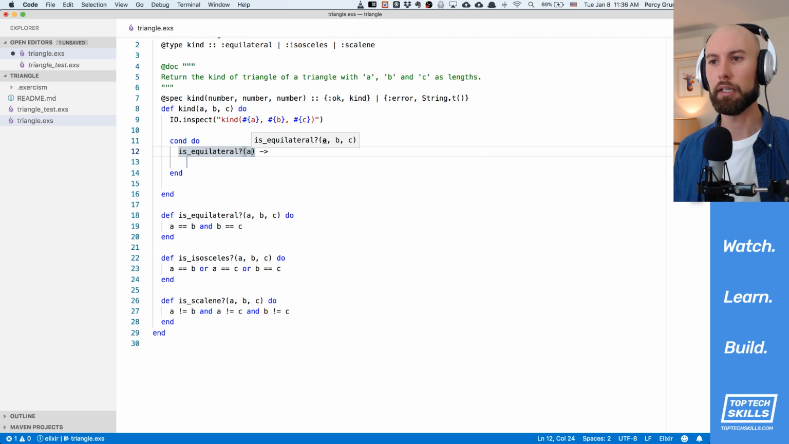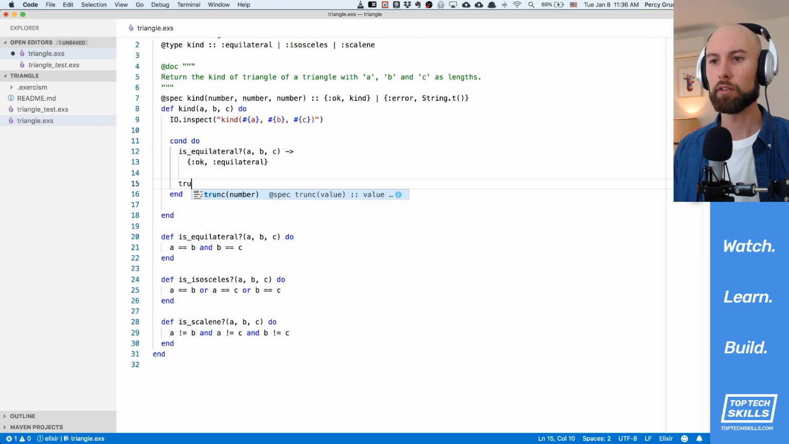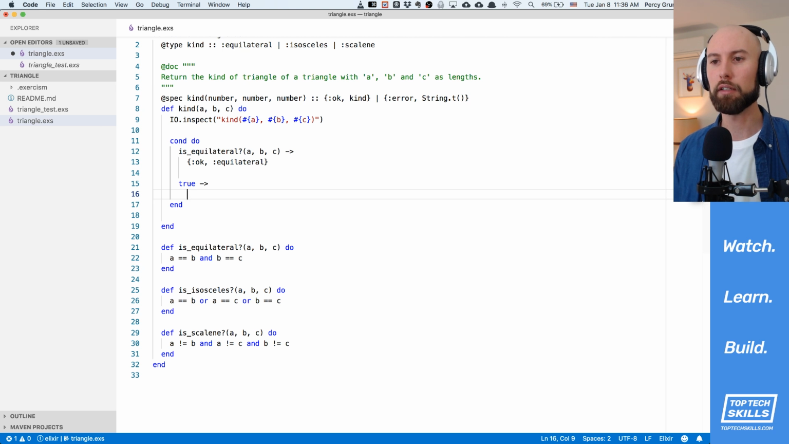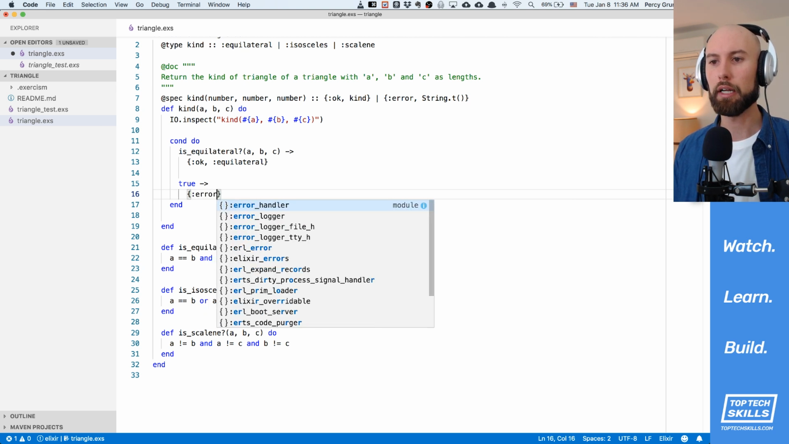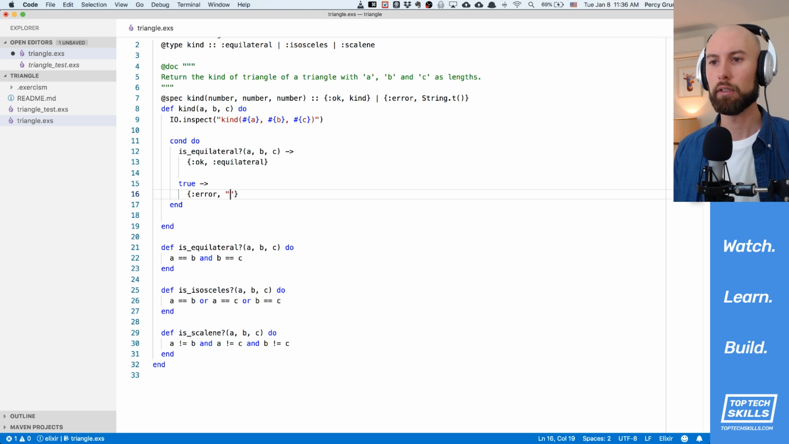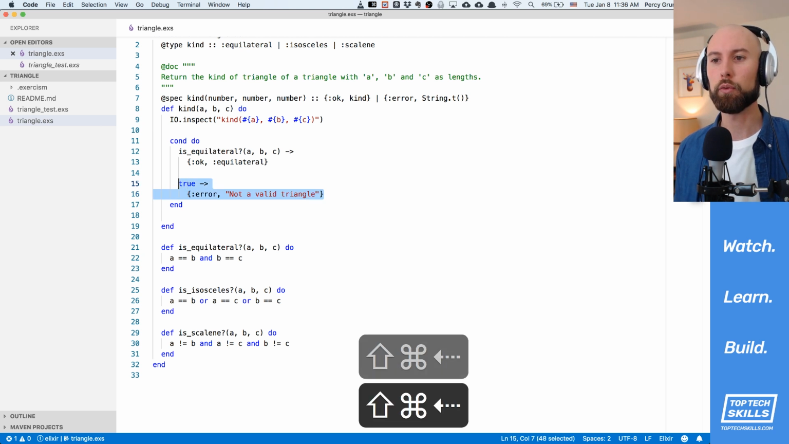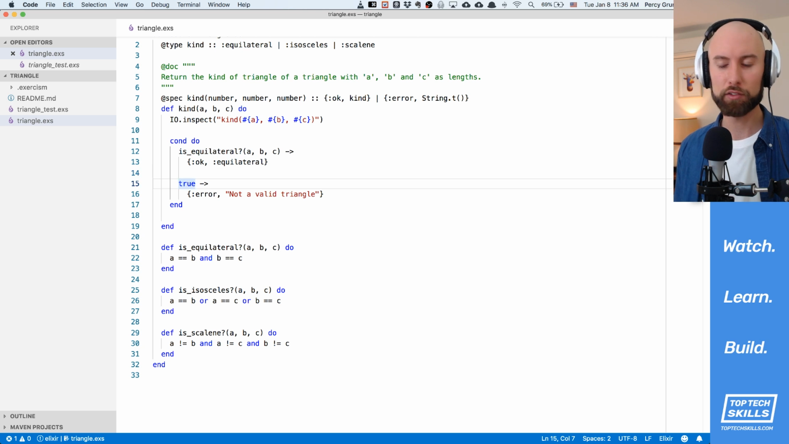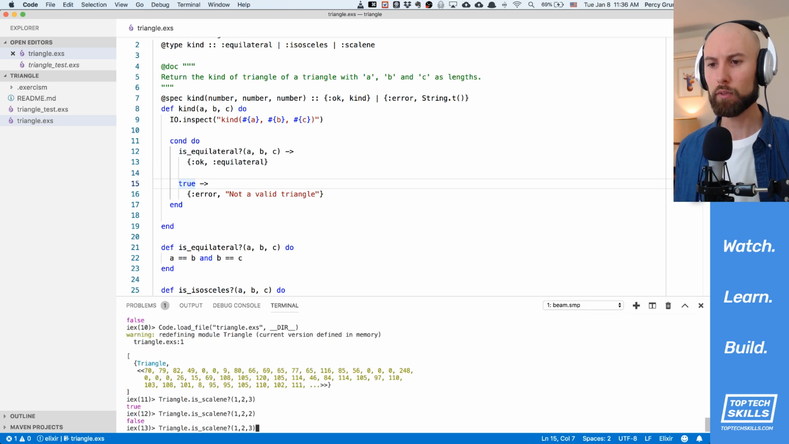isEquilateral A, comma B, comma C. We'll return okay and equilateral. So actually this should allow us to pass our first test. In this other case I'm just going to return an error, not a valid triangle. This is just because in a cond we need to have a default case, and what we'll do is